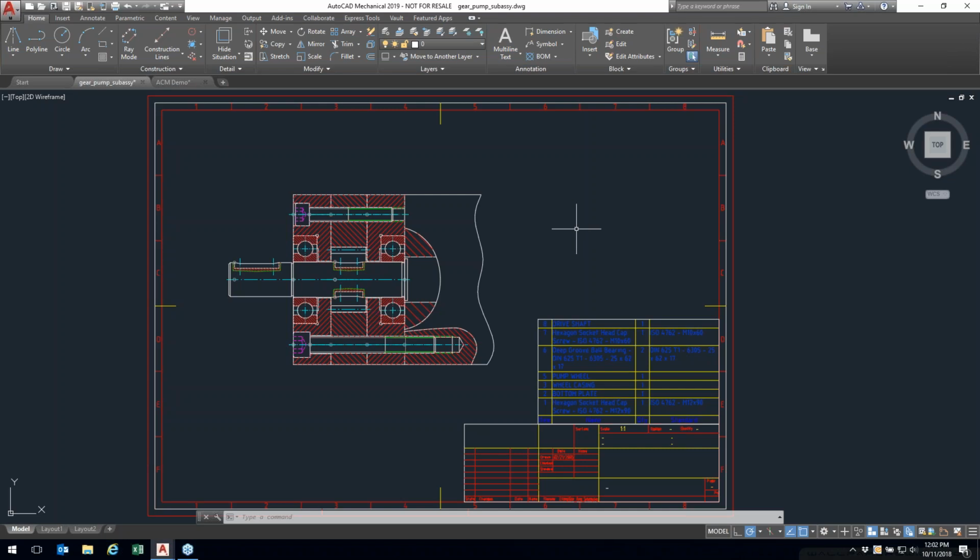All right, so we have here the AutoCAD Mechanical software, and just as a preface, a lot of people use AutoCAD Mechanical, but they don't necessarily realize that they're potentially not using the full tool set that is available within AutoCAD Mechanical. And so what I really want to do here is go through some of the process regarding